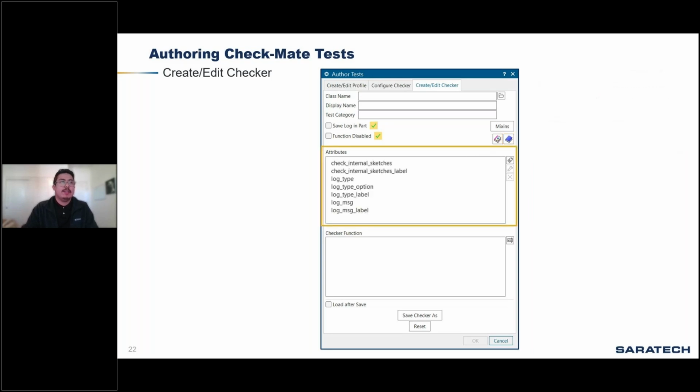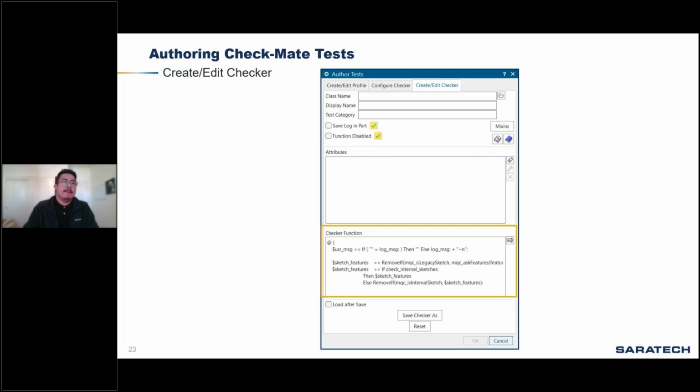Then you have attributes or parameters of what that check will require. So these can be calls for specific features, labels, logs, etc. And then you have your checker function, right? So if